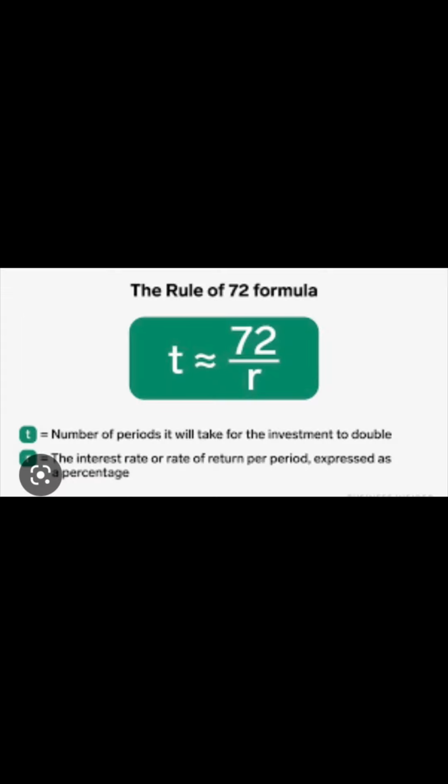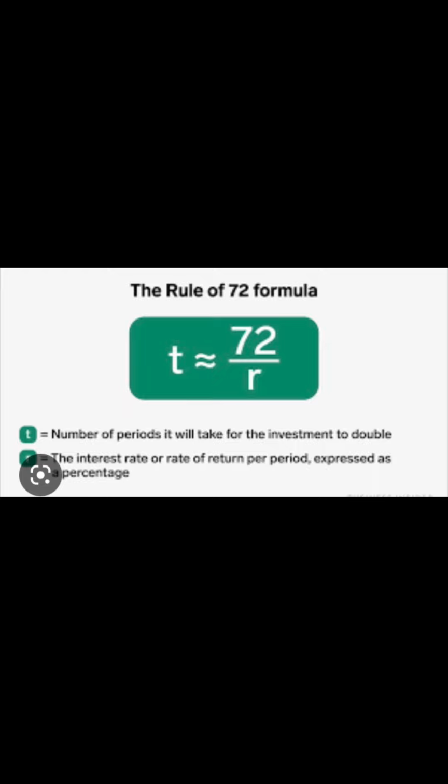So this is the rule of 72, which 72 is a constant and R is your annual rate of return, essentially. So 72 divided by 10 is approximately 7.2 years for the initial investment to double. So say you have an annual average compounding interest of 8%, then you would take 72 divided by 8, and that would spit out a number, and that would be the number of years approximately it would take for your